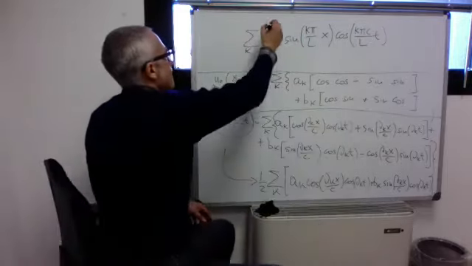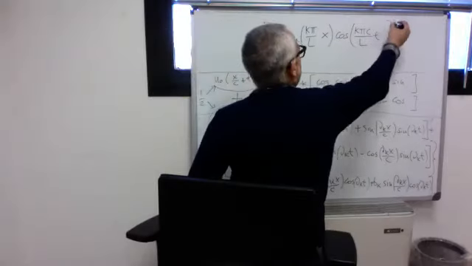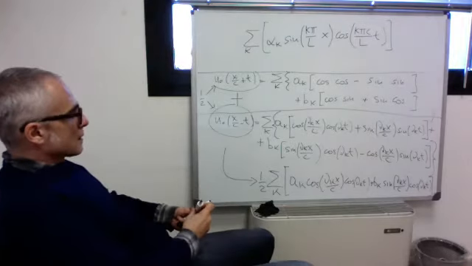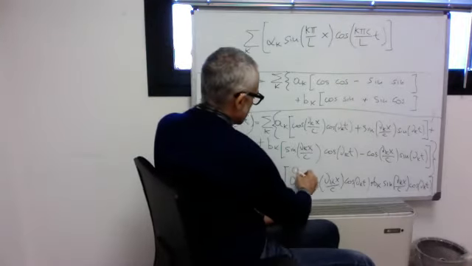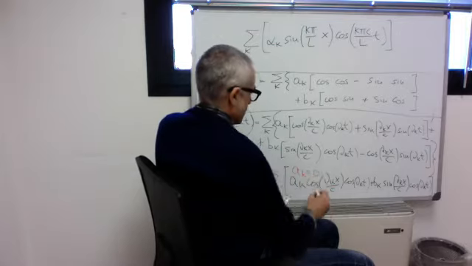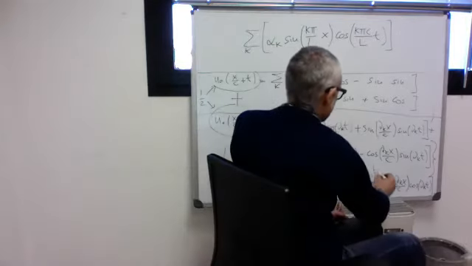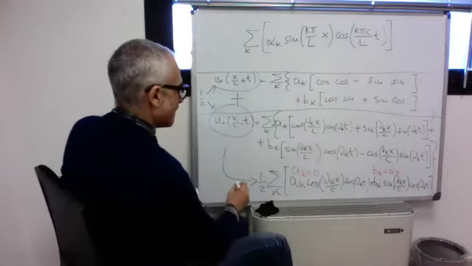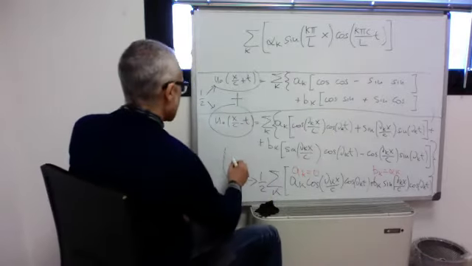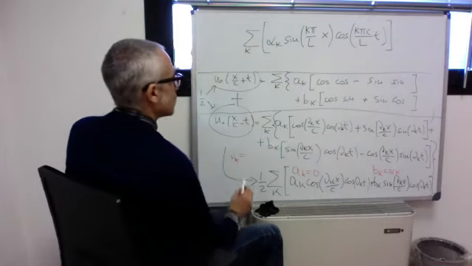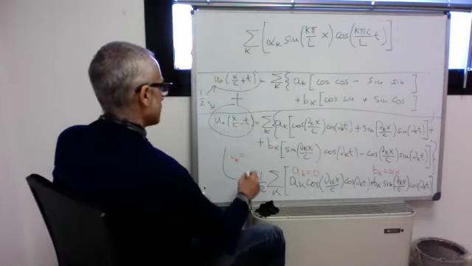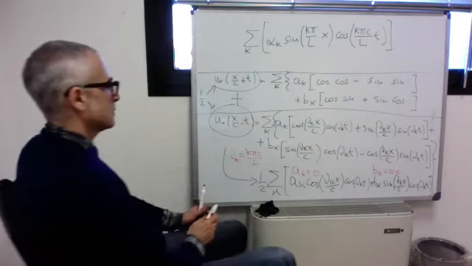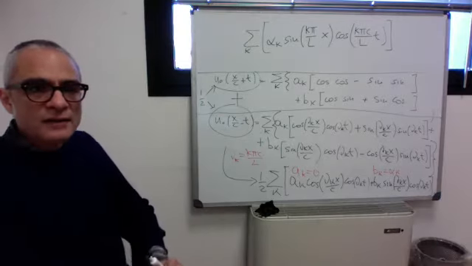Now if I take a_k here equal to 0, b_k equal to alpha k, and nu k equal to k pi c over L, you can quickly verify that